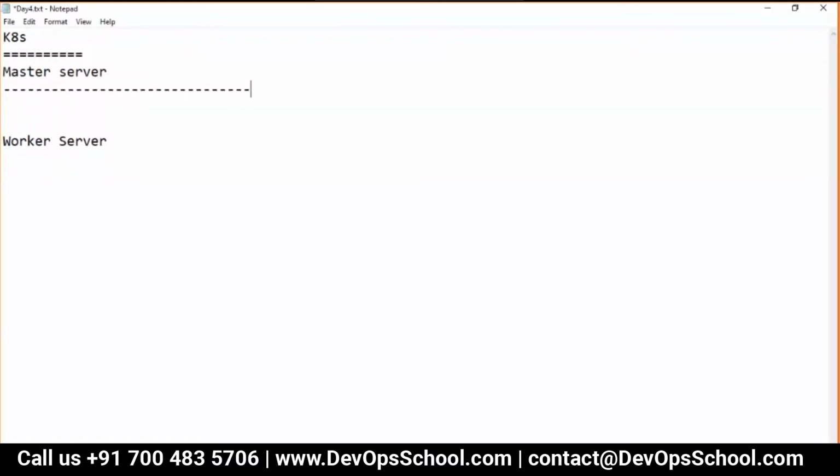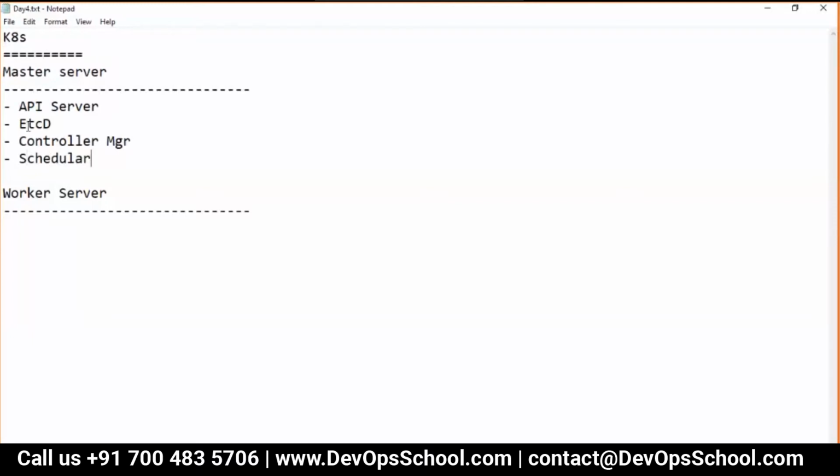Now we have learnt that in the master server we have the API server, second one etcd, third one the controller manager, and fourth one the scheduler. So these are the four components we have.